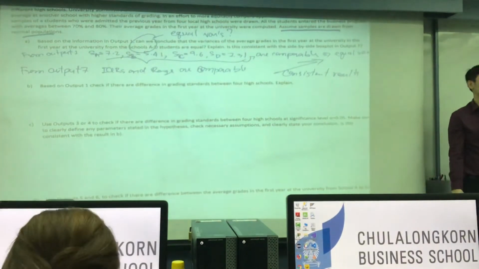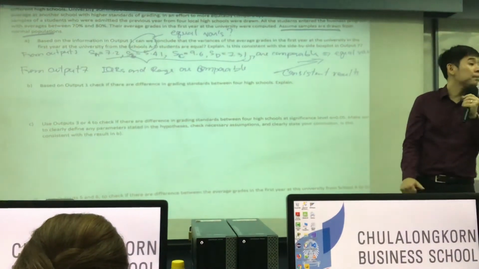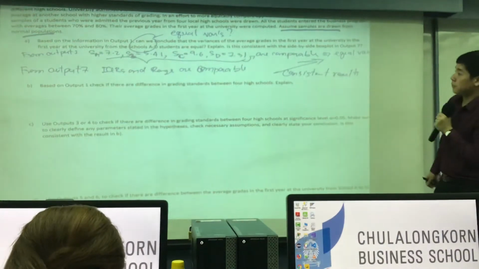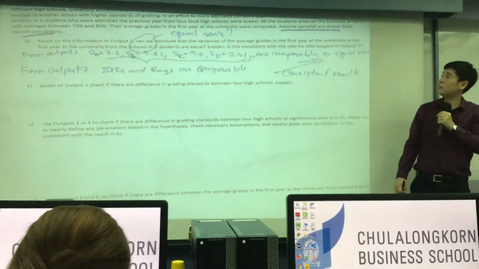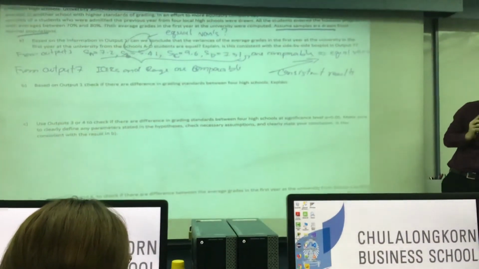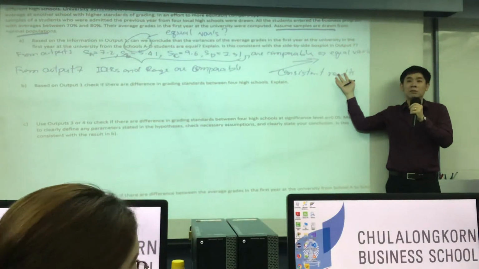Okay? But if you think they're not comparable, you can just say that. It doesn't matter. I think this one is kind of gray. So right now, I assume based on output 1, any question on this one? Okay,